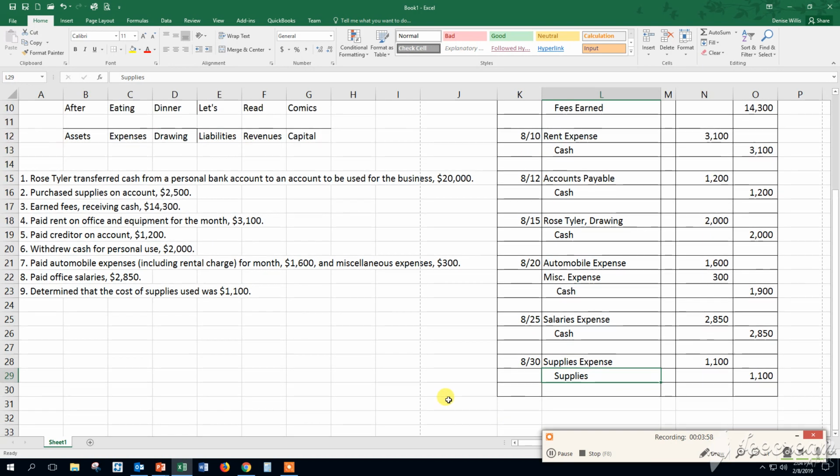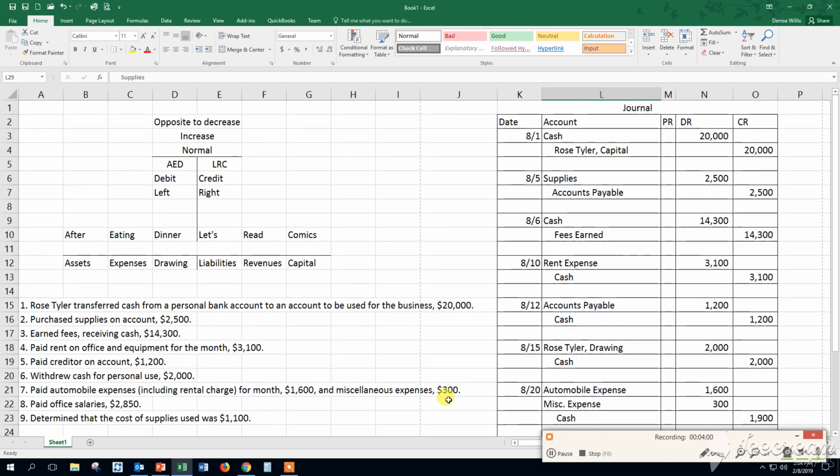Okay, so that's a nice little example here to show you how we use these rules of debit and credit when we need to apply them in making journal transactions. Now I have one other thing I want to cover, and I'm going to cut this off and